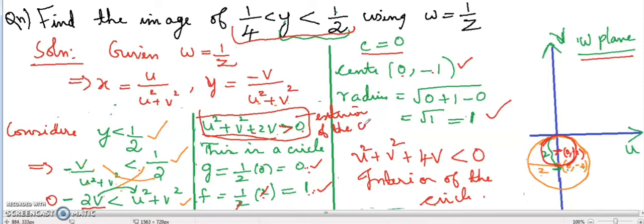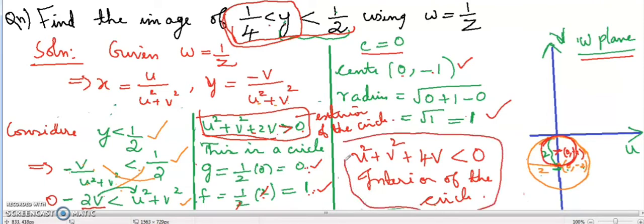of the circle. And what about the previous equation? When we take 1/4 less than y, you can note down that, you can look into that one. Okay, the previous equation, when 1/4 is less than y, we got this one. This is the final equation in the previous case, that is u² + v² + 4v is less than 0. Just you can go through the video once again